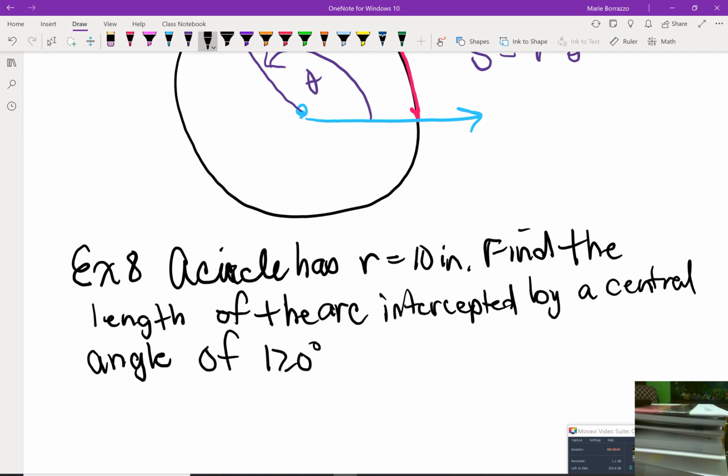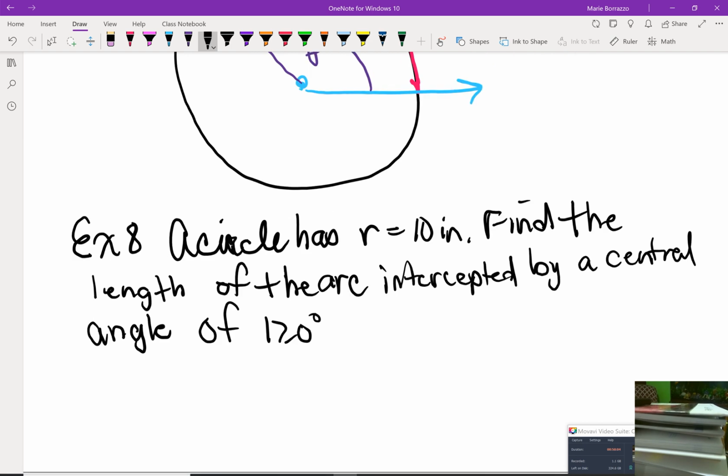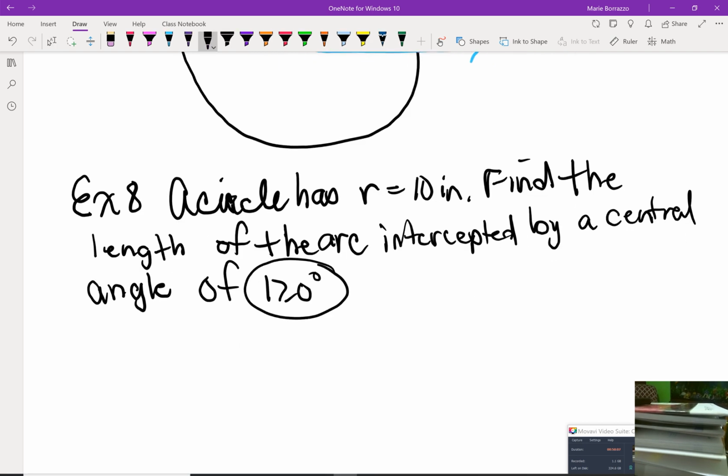Okay, and so first things first, always remember we want to change the angle measure to radians. So let's take the 120 degrees, let's multiply it by pi over 180 degrees. And in doing so, we end up with